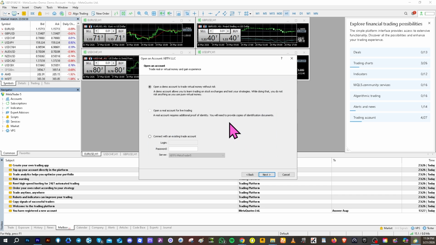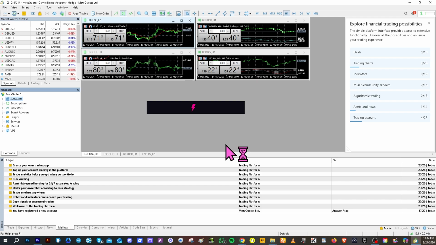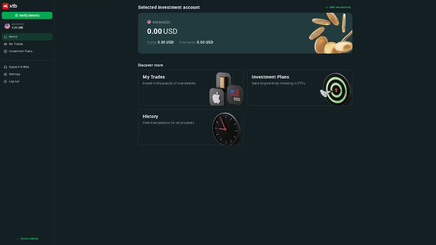And from here, all you have to do is log in using your existing account. Enter your XTB login credentials, the ones that you use on your account on the web version, and follow the on-screen instructions. And once successful, your XTB account will now be connected to MT5. Basically, that's how you connect XTB to